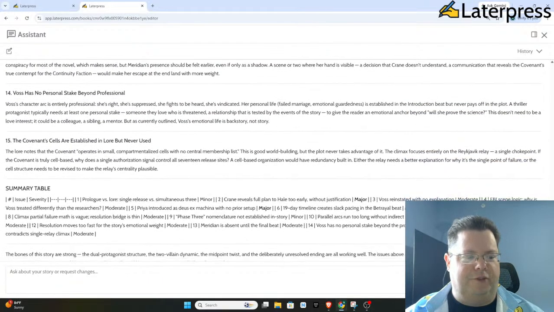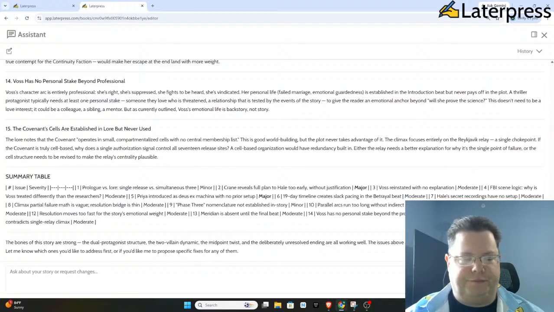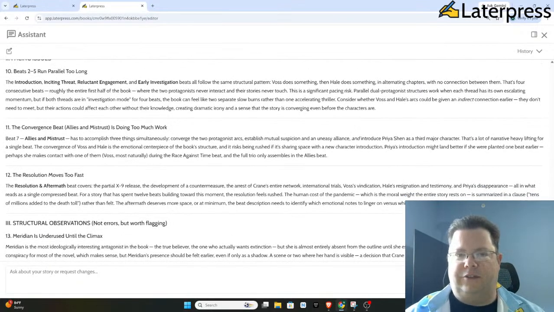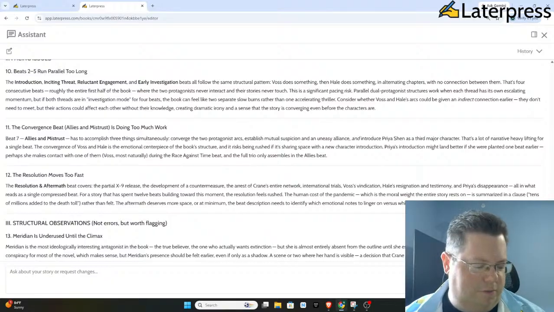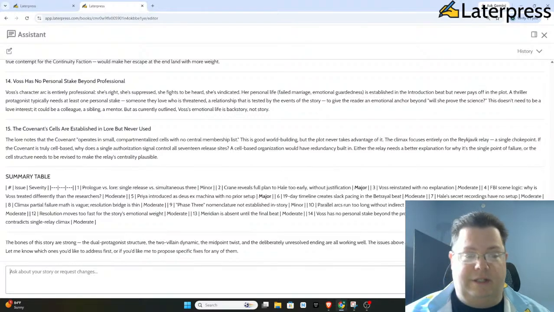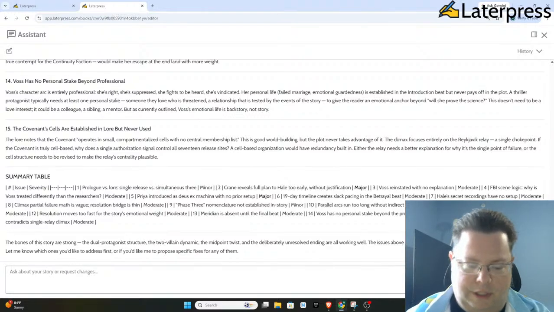Structural observations and the summary. So it gave me all of that. These issues are fixable at the outline level before a single chapter is written. Let me know which ones you'd like to address, or if you'd like me to propose specific fixes for any of them. Again, helpful feedback at this stage, and in a longer form environment, I would look to the outline as is. I would reflect on all of these, and I would make executive decisions about how I want to pace things some more. But because today is strictly about showing what the assistant can do,